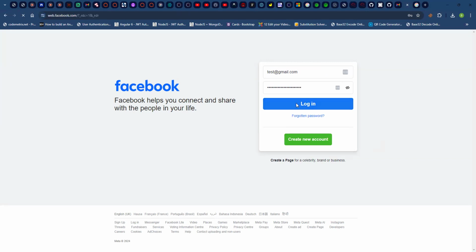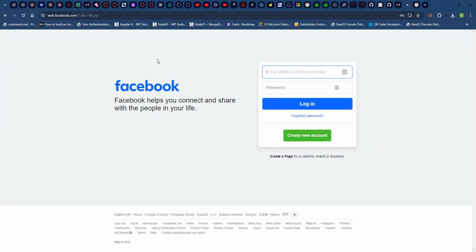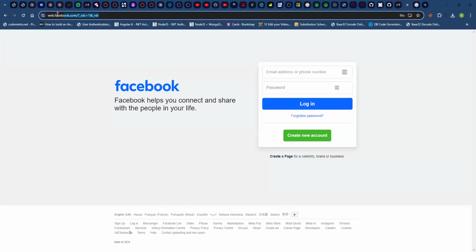Now, if I click on login, the page is going to load. And if you notice, it redirects to the actual Facebook page. Earlier, we also configured a redirect URL. So if the person submits data, they get redirected somewhere just to make sure that they don't really notice that something has happened. So after I entered those credentials, the page redirected to the original Facebook page.